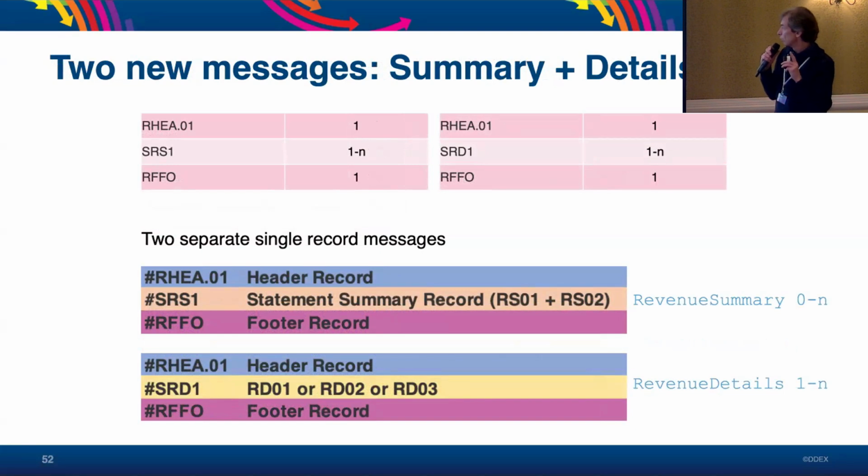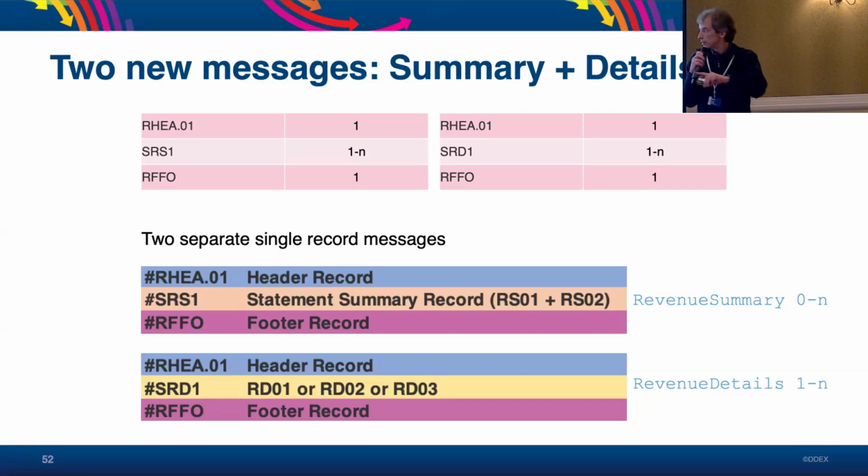We have the revenue summary message and the revenue details message. And the more important message is actually the revenue details message. That's what you want to communicate in a standardized way. So you would like to have a simple message starting again with a header record, which then has one type of record which applies to all the types of resources for which you've generated revenue. So whether it's sound recordings, videos, or whatever, you use the same SRD1 record, which is shown here.